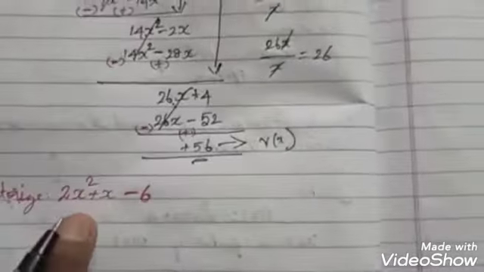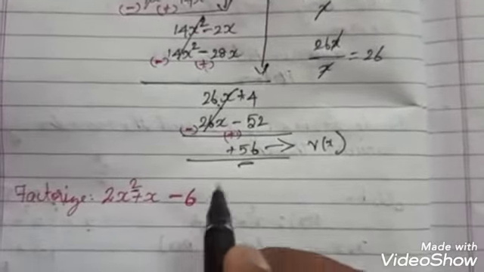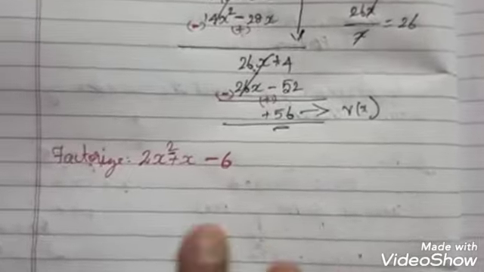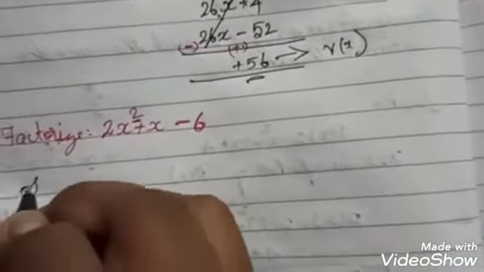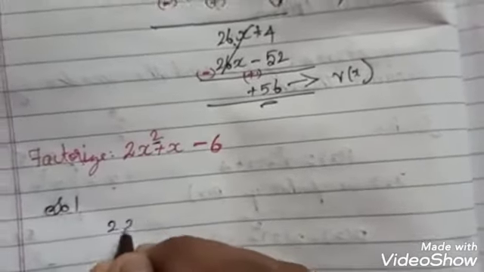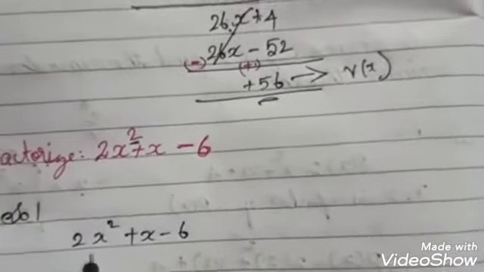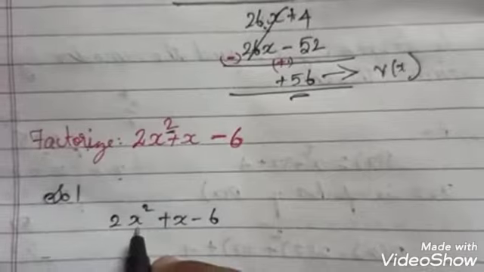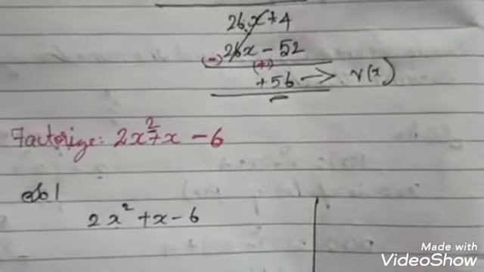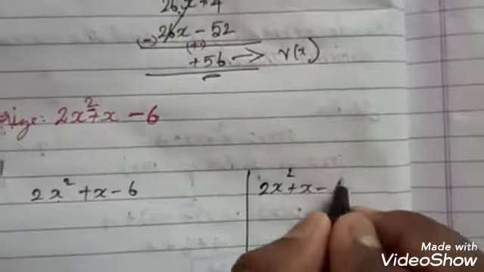And next we move on to factorize. Here you have to see the power is 2. 2 in the sense it should be quadratic. Quadratic means factorize by using splitting method. Solution: 2x square plus x minus 6. Already I told, if you have a coefficient with the first term, it is a special case, you move to the rough column. 2x square plus x minus 6.